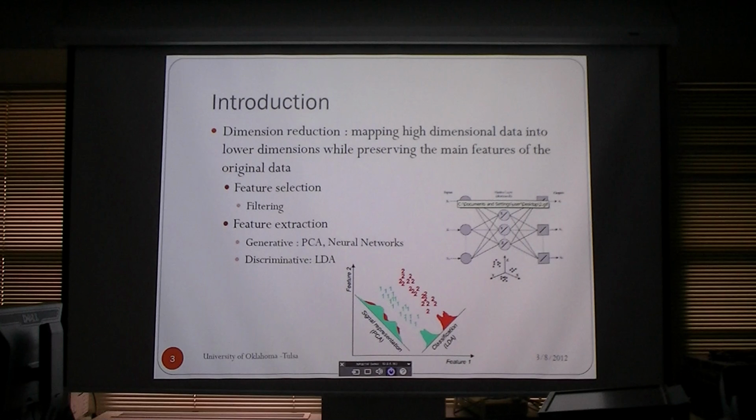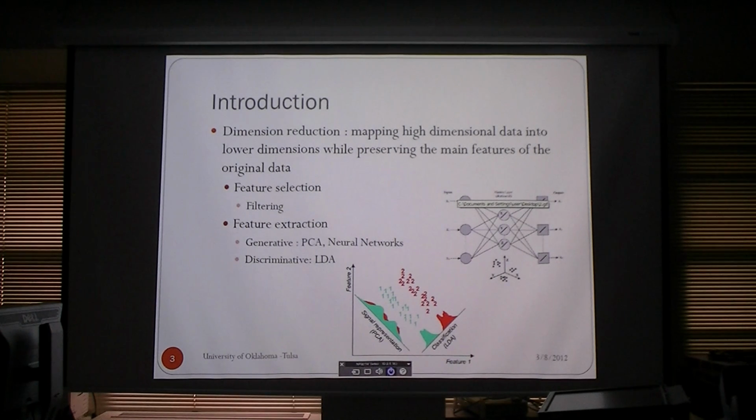And the second type is feature extraction. In feature extraction, the data, for example from a high dimension, will be mapped to a lower dimension, and this lower dimension data can represent the original data. There are two types of feature extraction techniques. First, generative, and second, discriminative. In the generative dimension reduction, such as, for example, PCA, principal component analysis, or neural networks,